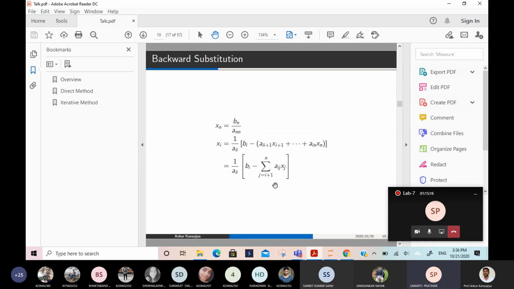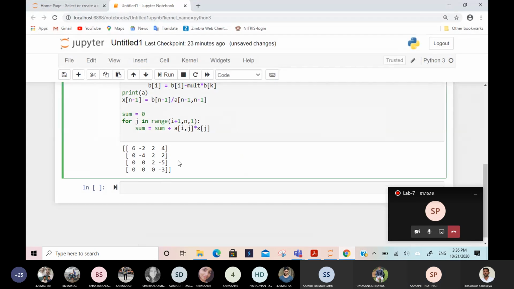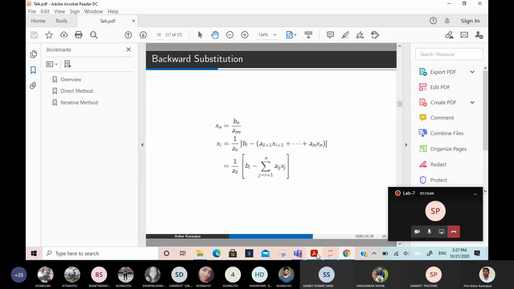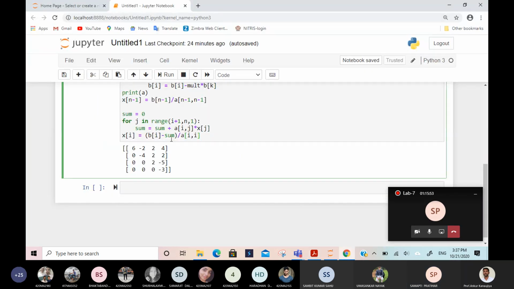So xi equals 1 upon aii, bi minus this whole sum, divided by aii. This is xi.